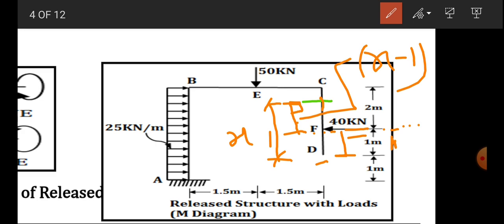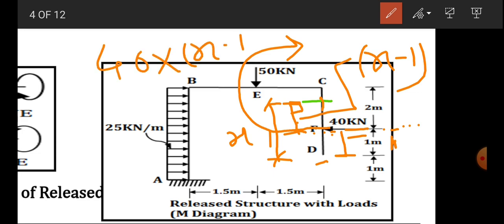Now we will get the moment about this horizontal imaginary axis. Find the sign for that. The 40 kilonewton force is acting toward the left-hand side, and if we rotate about the horizontal axis, it will rotate in a clockwise sense, so the sign will be negative. So the moment will be 40 as the force, into the lever arm x minus 1, and the sign will be negative. This is the value of the moment for the capital M column.